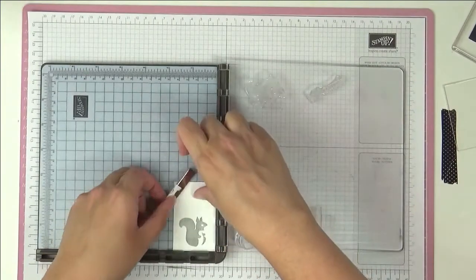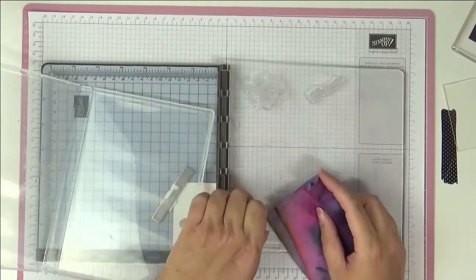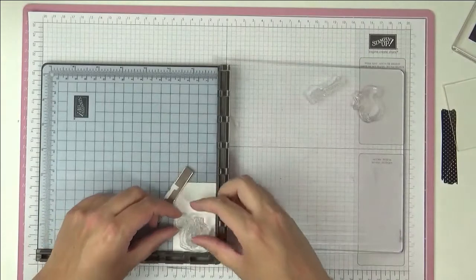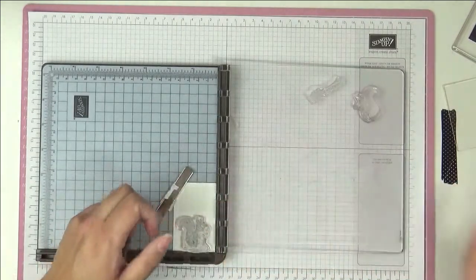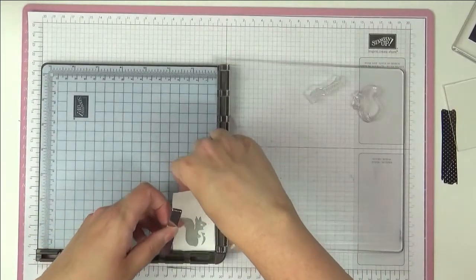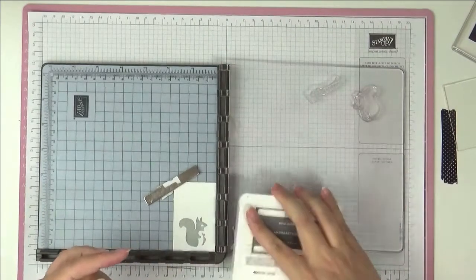Then I'm just going to clean that off using the Simple Chamois. So here's a nice clean stamp again. Put him over there, and then I've got the second part here, and I'm just going to arrange this on top of my first part. Let me close, and then I'm just going to pick that up with my Stamparatus, make sure that's back in the corner like it was, and then I'm going to stamp that with some Basic Grey ink,